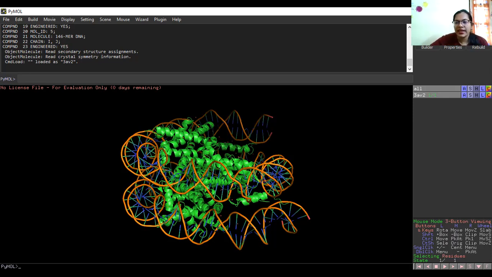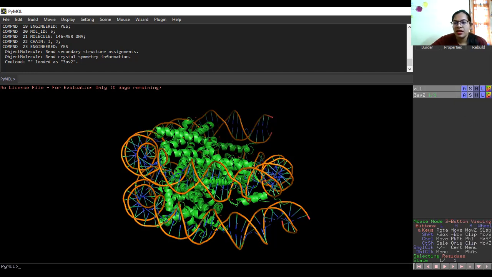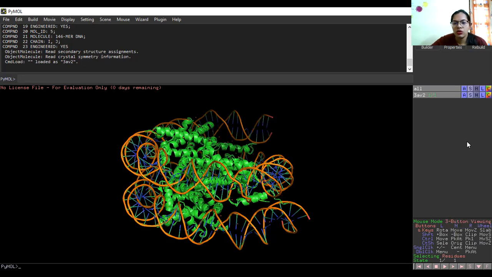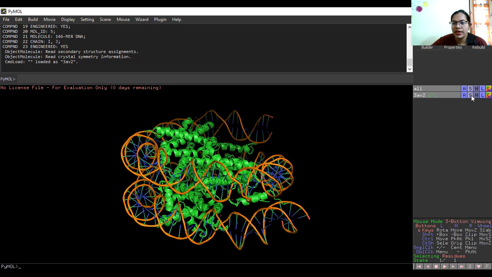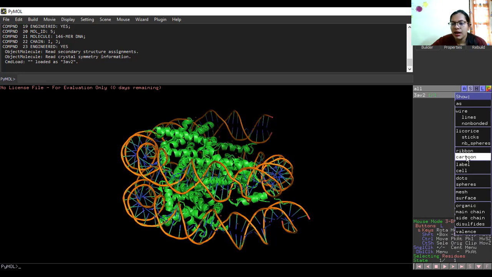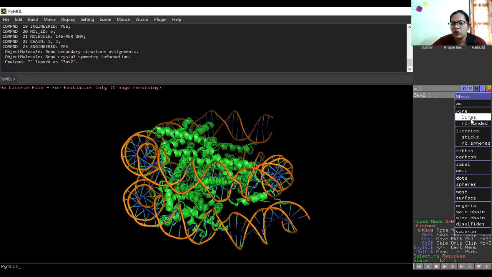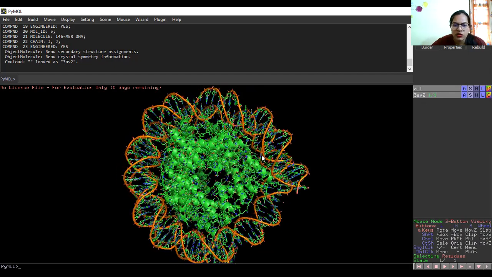Now suppose you want to study their structures, you can change this. Okay, how to do it: you can go to the ribbon, then show as cartoon, you can make it so. You can also label it. So many things are there which you can actually do over here. See, you can also take the stick model. So each amino acid and the interaction with the DNA can also be checked.